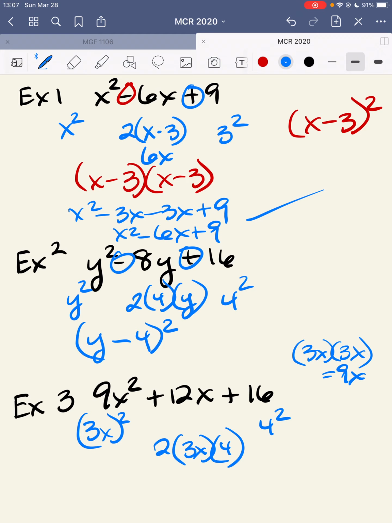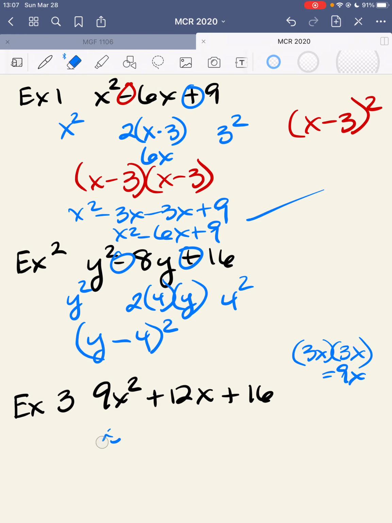Maybe I should have looked at something else. Let's go ahead and go back. Now remember, my first job is to do what? Look for a GCF. That middle was getting too big. So I need to look again and say, well, maybe I have a GCF here. Are 9, 12, and 16 all divisible by the same number? No, because 9 and 12 are divisible by 3, but 16's not. Okay, this one happens to be prime